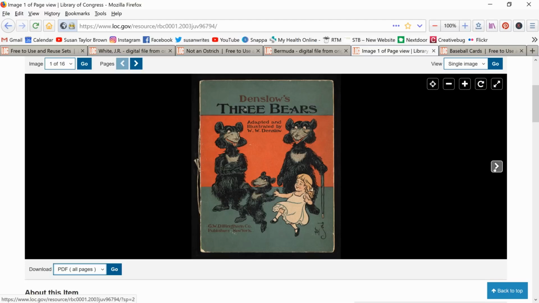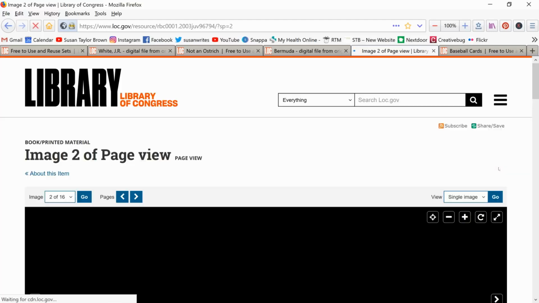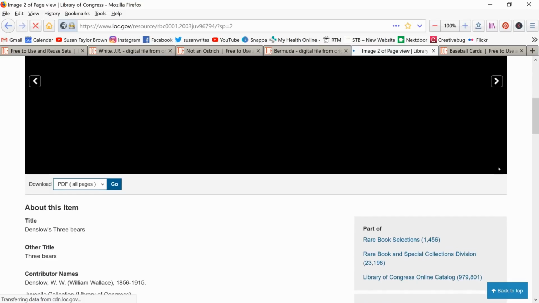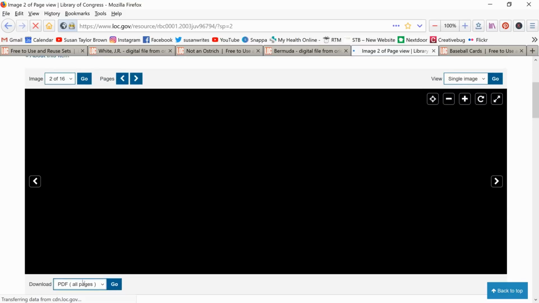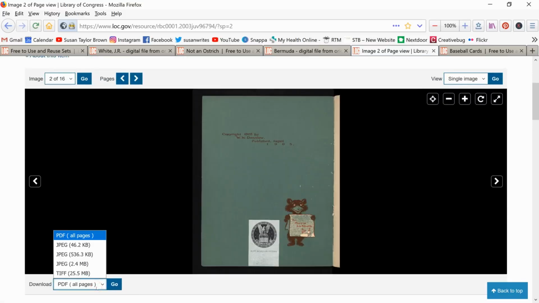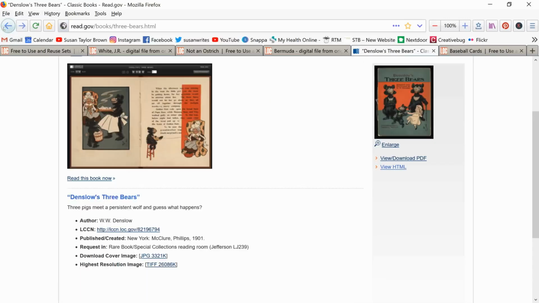So if you want the entire book, you're going to go through page by page, but when you do that and you come to your arrow again, you're going to get a larger size file, and you're going to get really nice graphics that you can use. And then a third thing you can do is, if you're on this page here, you can choose to download whatever page you're on here. You can download it here. I would probably come over here to look at it as the view as HTML,